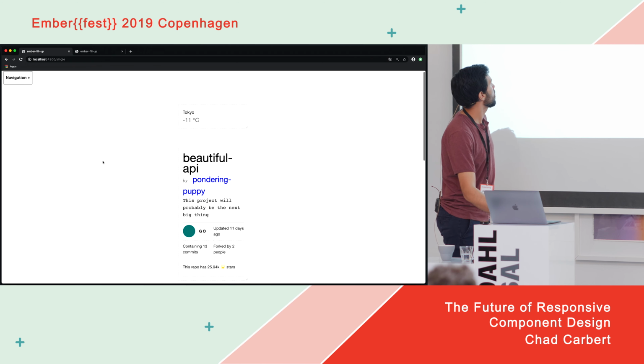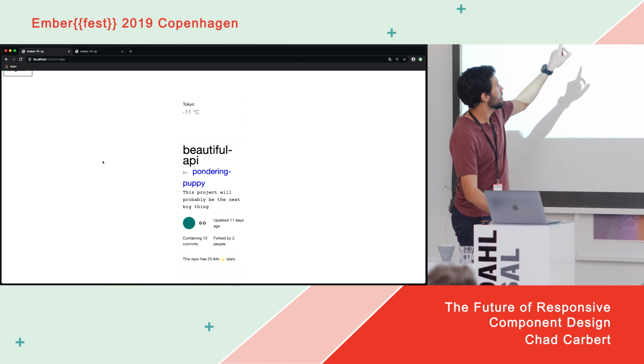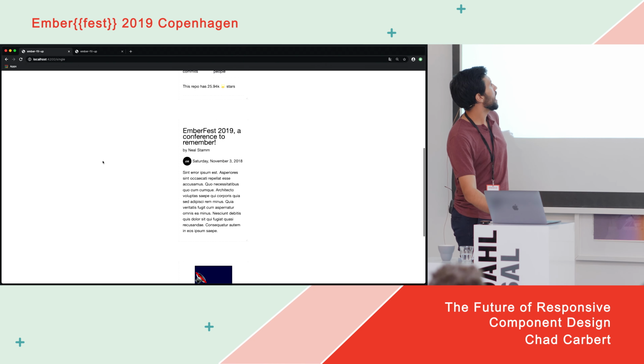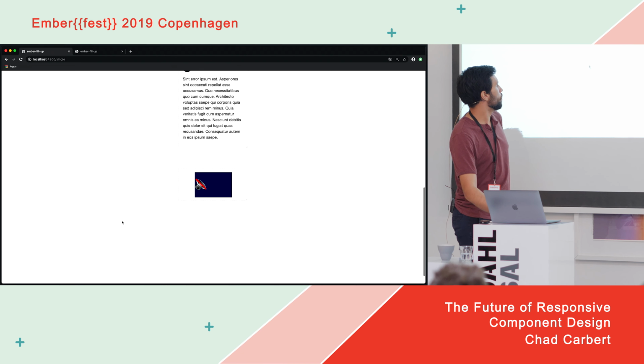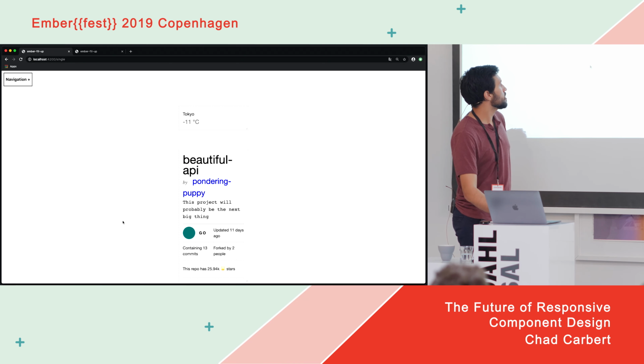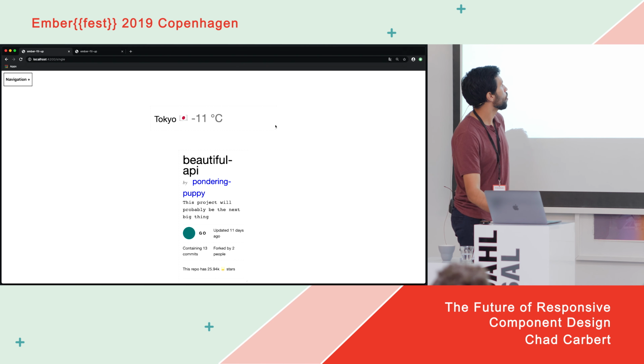Okay, there we go. All right, so we have some components here. We have a weather component, we have a GitHub card component, and we have an article component. Oh, and there's also this volume component at the bottom here. And you can see that we have the full width of the screen, but within this dash border here, we actually have a container. And as we change the size of the container, you'll see that more and more information